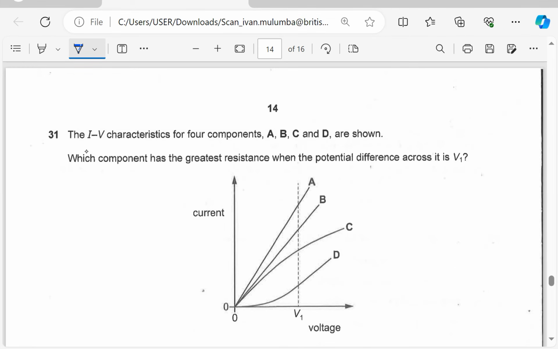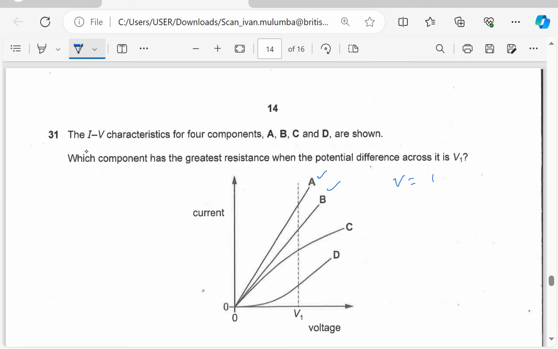The IV characteristic for 4 components, A, B, C, and D are shown. Which component has the greatest resistance when the PD across it is V1? Because A and B are straight lines, they have constant resistance. So I know that